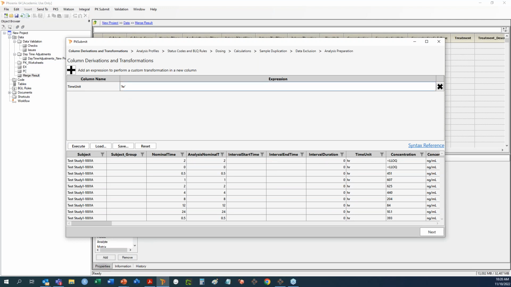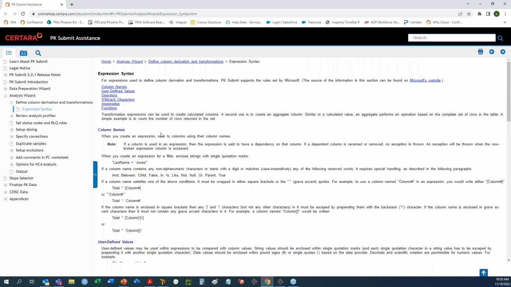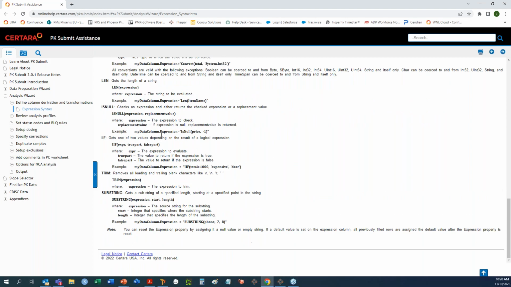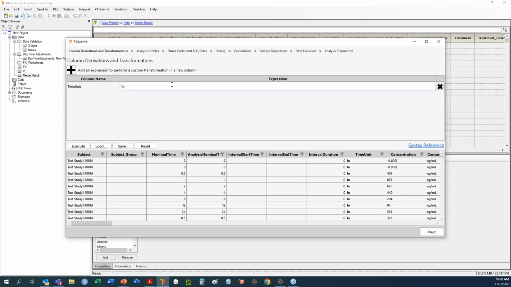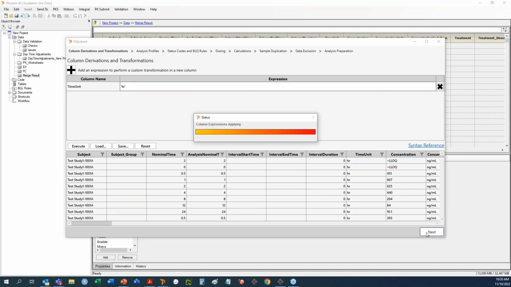You can do much more complex things, but because of time constraints I'm not going to get too sophisticated with all the things that can be done here. It is the same sort of Microsoft syntax that you're used to with the Phoenix Data Wizard. There is the syntax reference here. If you click, it will open this help site for PK Submit, where all of the syntax is described so that you can build whichever kind of expression you like. Okay, so for me, simply populating the time unit with hour is sufficient. So I will move forward